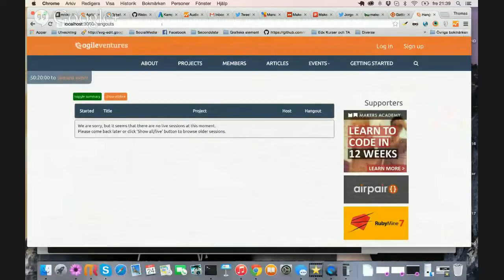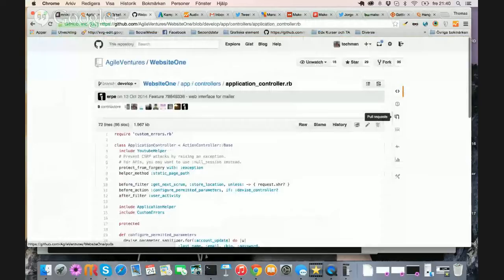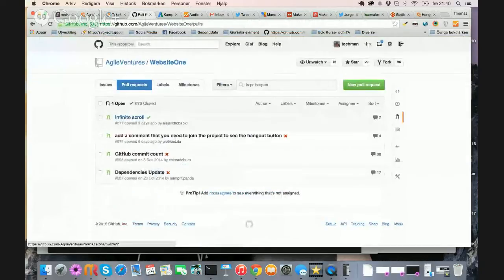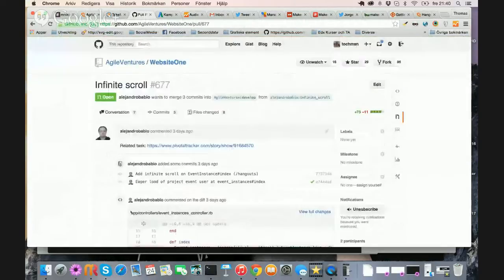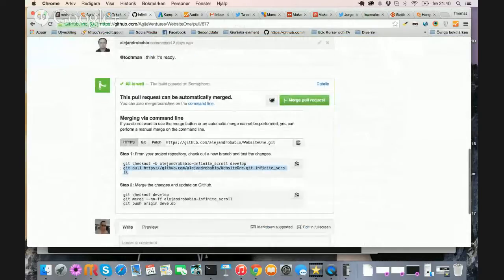Now we can just do something like infinite scroll, and then git pull. Okay, now let's do this.